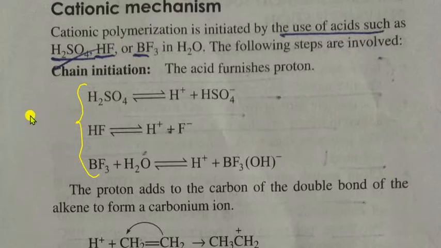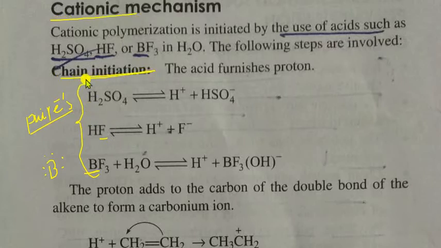What do you mean by this term? A Lewis acid is something that is always in need of a pair of electrons. Whenever a pair of electrons is accepted by a given component, it is taken as a Lewis acid. For example, take boron and fluorine in BF3. If you look at the outer shell, they have only 6 electrons around them. So they need 2 more electrons, that is, a single electron pair, so that they can form a stable configuration. That makes them Lewis acids. Because of that, this reaction is a cationic reaction.